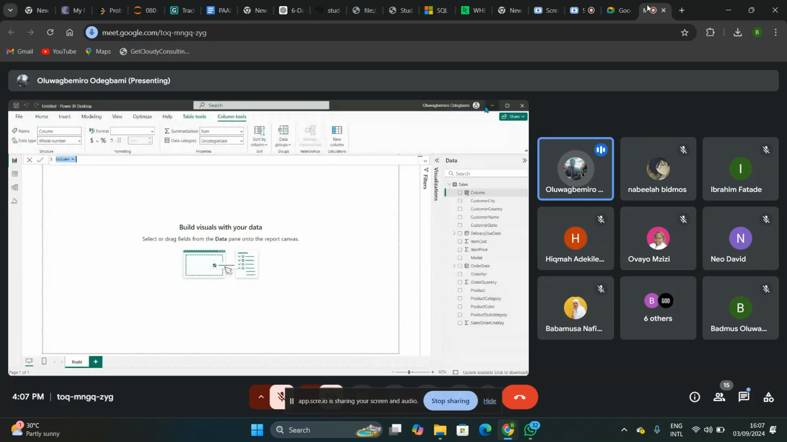So now it gave me a formula bar on top here. The formula bar will tell me what I want to use this column to do, because I can't just create a column that is empty. I have to put something inside. So I'm going to use it to calculate our profits for each sale. So now I'll do profits equal to